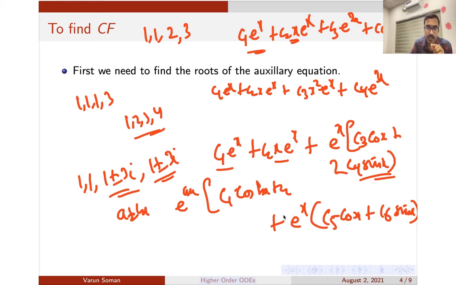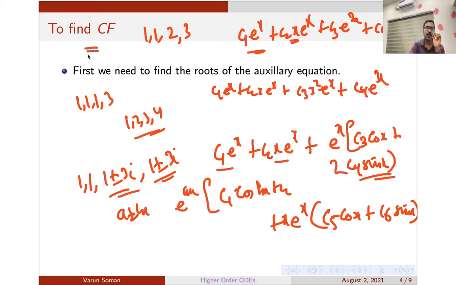So just like the equal roots case, I will put an x here also. Even if complex roots are repeated, you can account for the general solution by putting an x there. If the complex roots are repeated 3 times, there will be x square also. So if you understand the idea of equal roots, it's very easy to write down all the conditions in which roots are there. So this is the idea of CF. I hope it is clear how to write the CF.